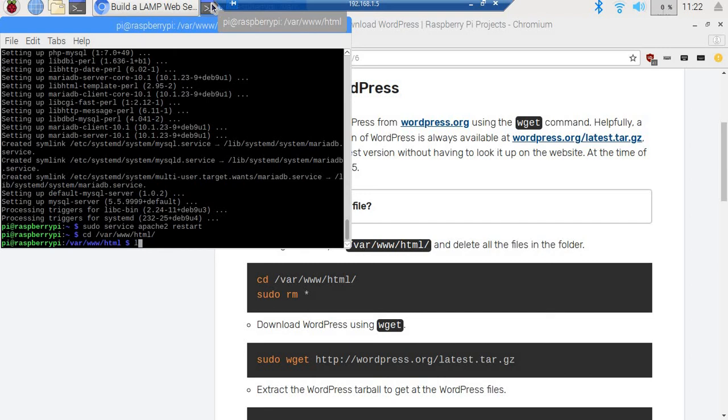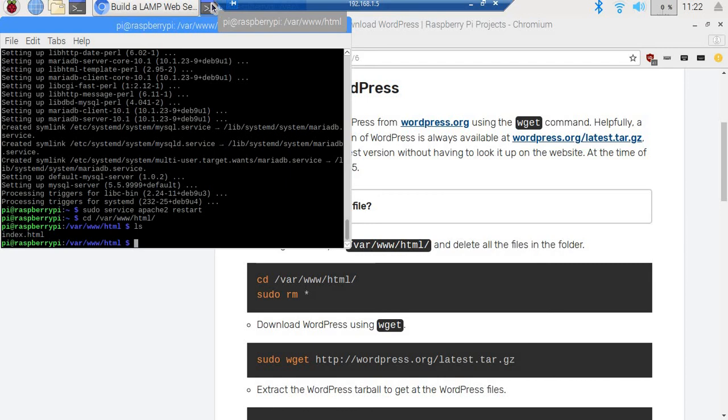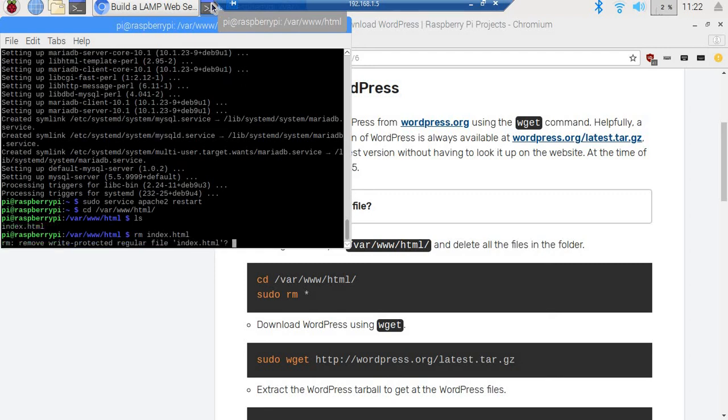Now I'll say ls, so only one command is there, so no need to delete many things here. So I delete rm index.html. Okay, yes,